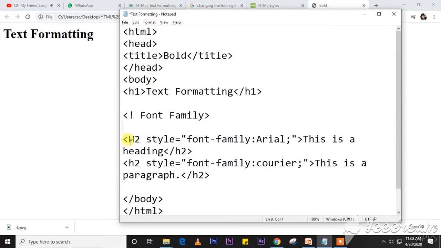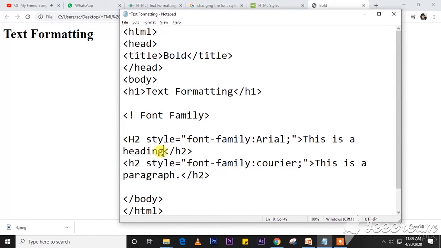In text format we are going to discuss font family, font color and font size. Let us discuss font family. Font family means, you already know this, Arial, Courier, all the font families, how the letters should be in different styles. Style tag is used to change the font style.